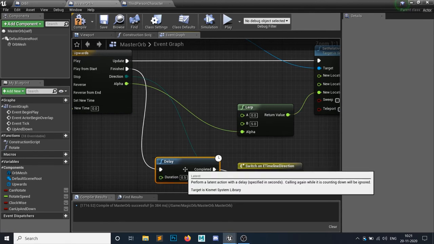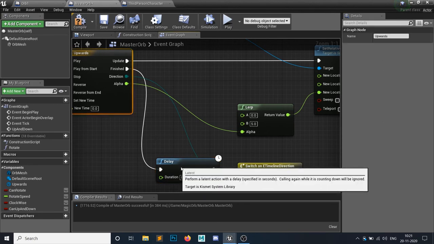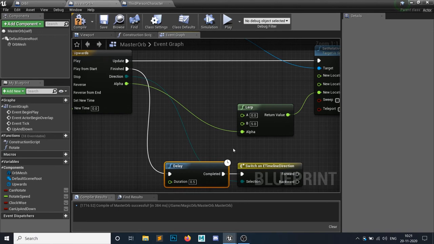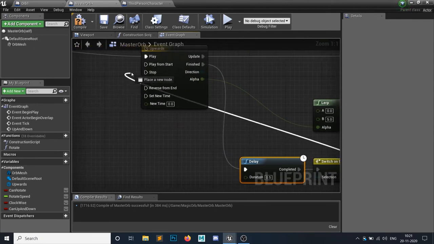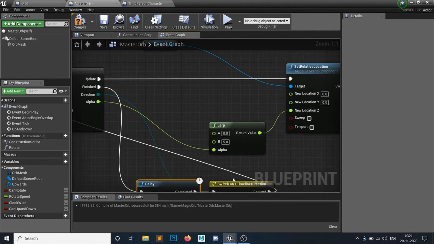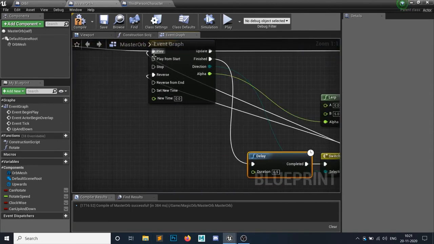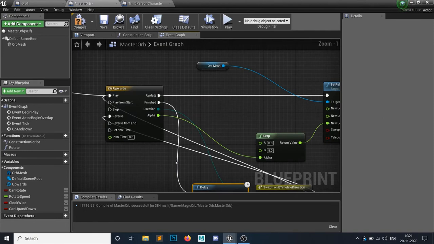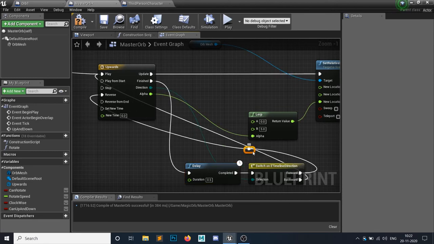So when you finish this timeline and go to the bottom, it will stay at the bottom for some time, and then I want to check if it's forward direction, then I want to make it a reverse, and if it's in the backward direction, then I want to go into the forward direction, right? So if it's forward, then go to the reverse. So I will simply double click to add a reroute node.